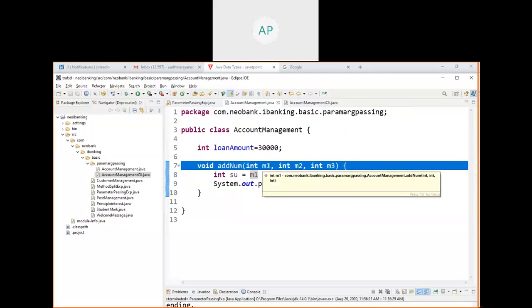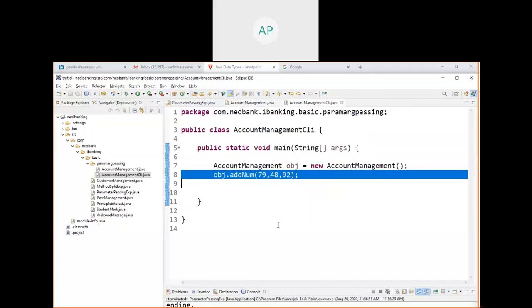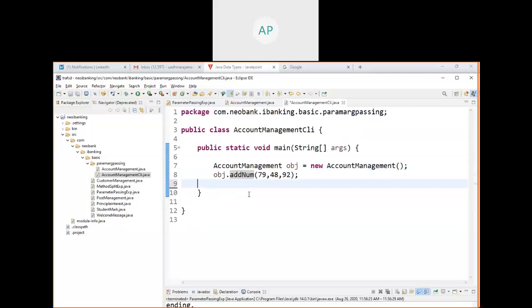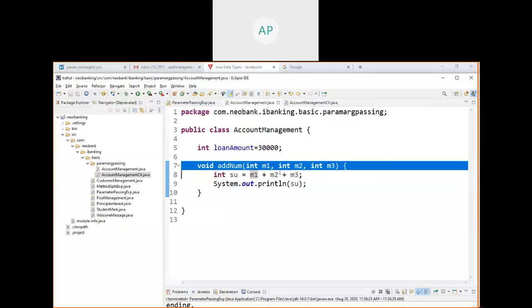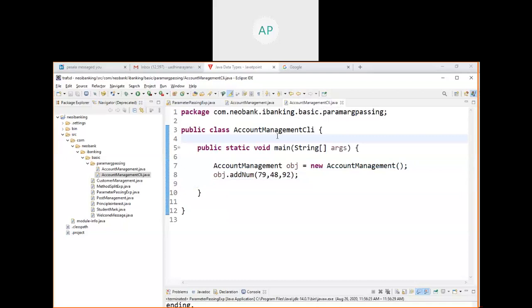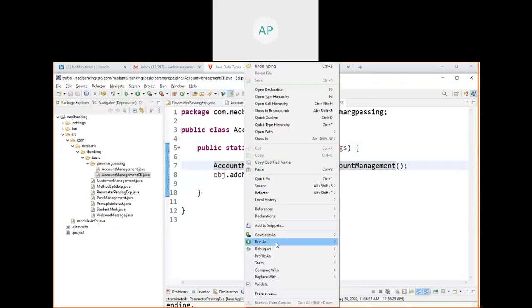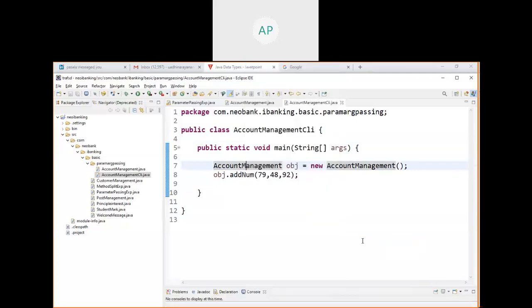Tomorrow, if I tell you, okay, create a class, write a method with three arguments, these are the data types, and this is the logic that you need to implement, then you should be able to write it. Okay, now we'll see what the output is. So when I call this, what will be the output? Can I run this program? No, we cannot run this program by using JVM. Only a program which contains a main method we can run. But we can call that program and execute it by using this program. Okay. Right click, run as Java application.